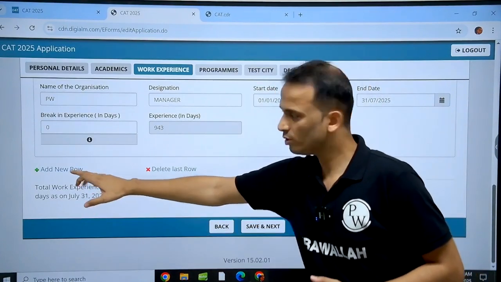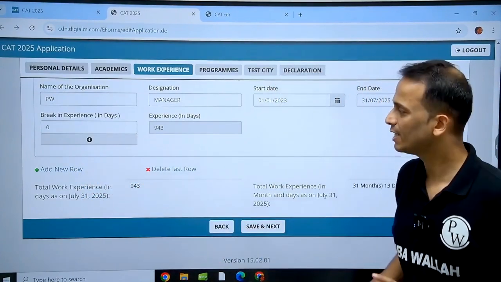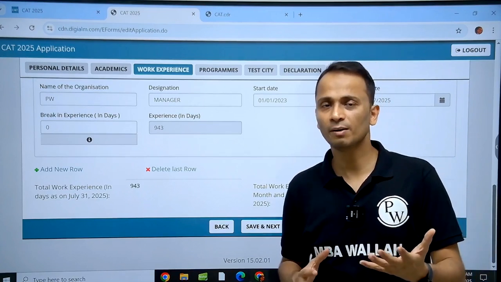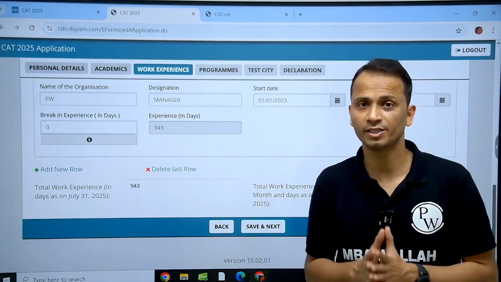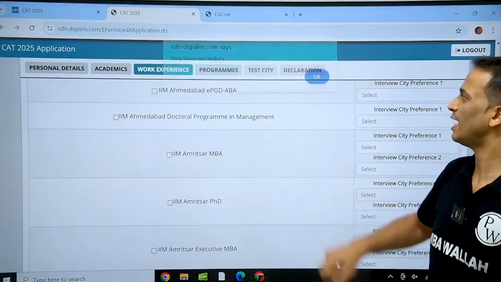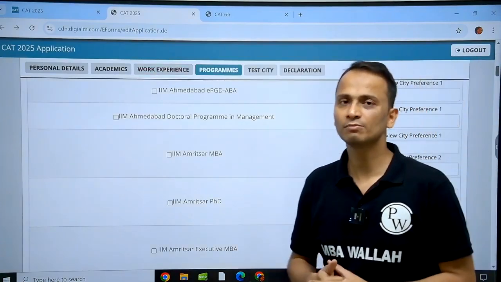Now if you want to enter any more row, so what you can do is, okay, add a new row. Here it is, you can click that and you will be able to enter the work experience of the company before this work experience. All right, I'll just put this work experience, I'll save and click next,